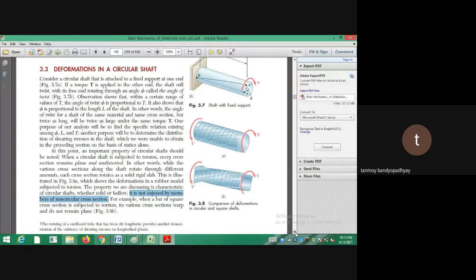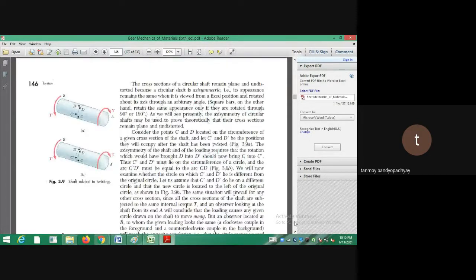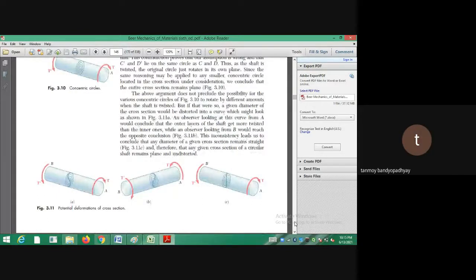So up to this, is it clear? Do you want to ask me something up to this, or else I will be starting with the derivations now. There are many things like concentric circles. This is now the cross section actually. The circumference, I can assume to be made up of many straight lines, and the cross section we can assume is made up of many concentric circles. So many things have been discussed.